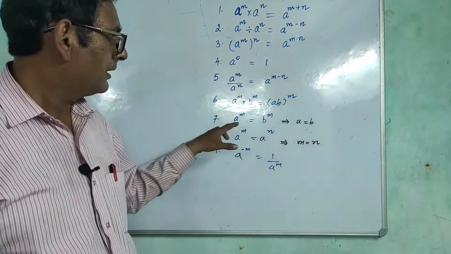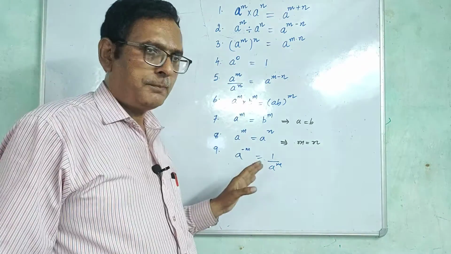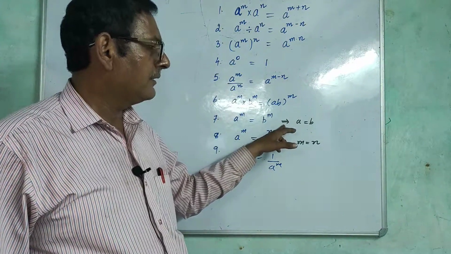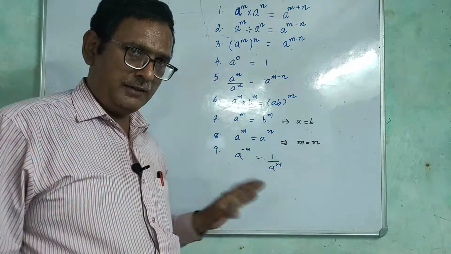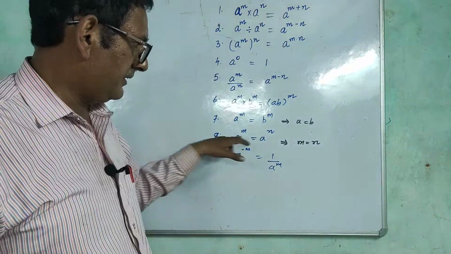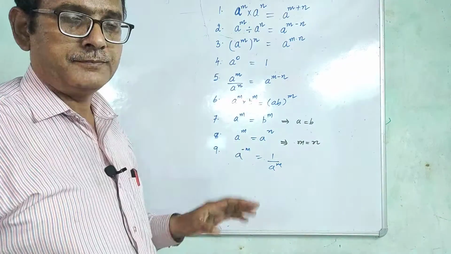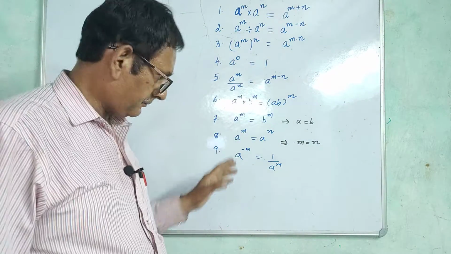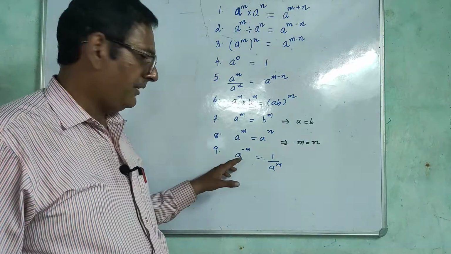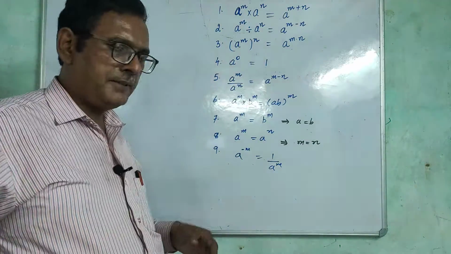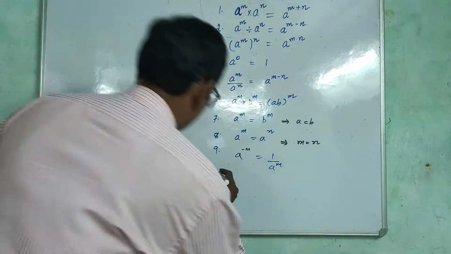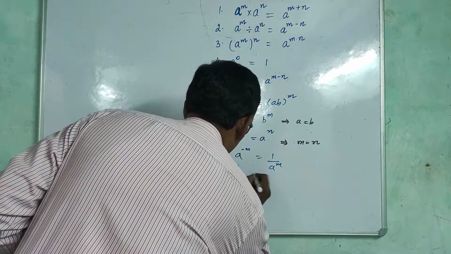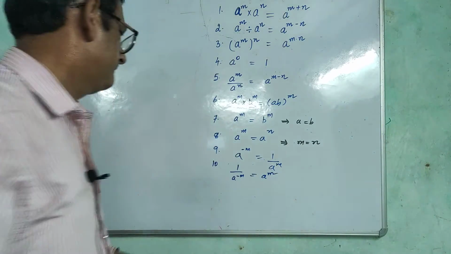If a to the power of m equals b to the power of m, that means if powers are same, then this equality will imply that the bases are same. That means a equals b. Similarly, when bases are same, the powers can be equated. a raised to the power of m will be equal to a raised to the power of n when m equals n. If a is raised to negative power m, then it can be written as 1 upon a to the power of m, and following the same thing you can write 1 upon a to the power of minus m as a raised to the power of m.